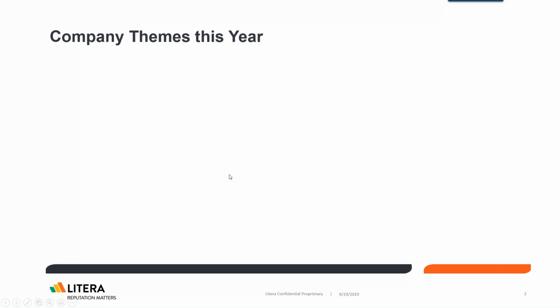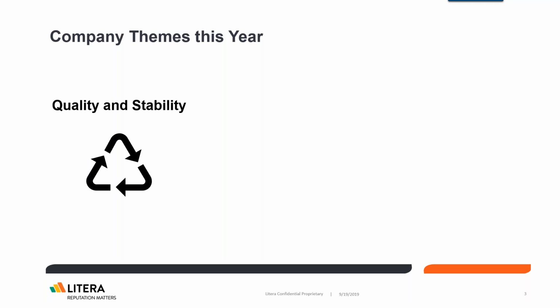So before I get into that, I want to show you how this ties into the themes that we've been having as a company. So throughout this year, there have been three core focuses for this company in terms of our product development, but also in terms of what we want to achieve as a business and the types of research and the types of questions that we've been asking towards the market. Now, the first one is just the concept of how we can continually improve and increase the stability of our products. That is pretty much a given, and I hope you'd assume that all of your vendors have a focus on this as well.